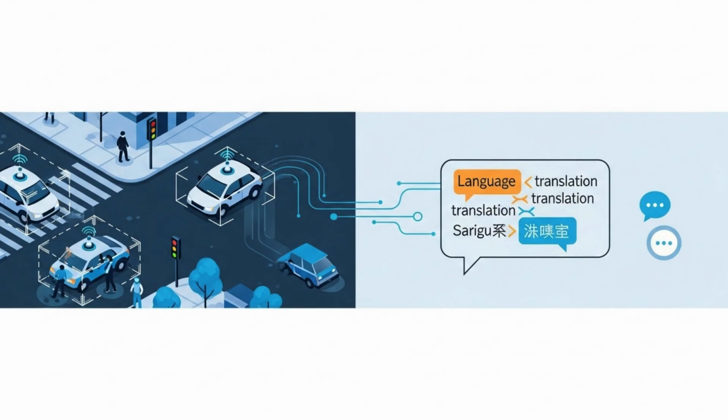AI isn't just a theoretical concept. It's deeply integrated into our daily lives, solving real-world problems and enhancing various industries. One major application area is computer vision, where AI systems are trained to see and interpret visual information from images and videos. This powers everything from facial recognition unlocking your phone to self-driving cars detecting pedestrians and traffic signs. Computer vision also plays a crucial role in medical imaging analysis and quality control in manufacturing.